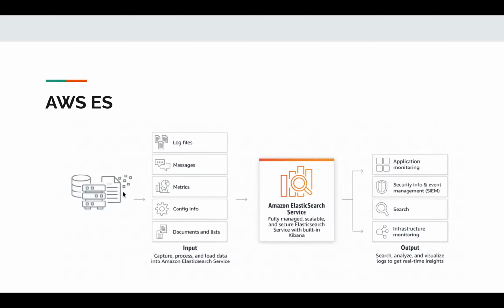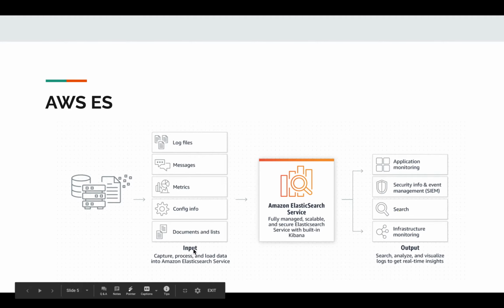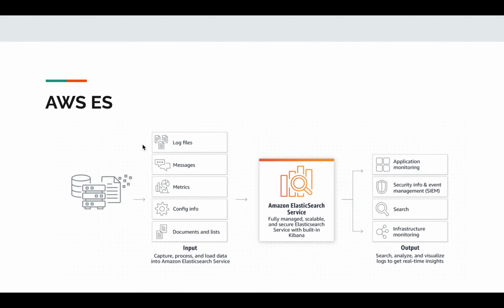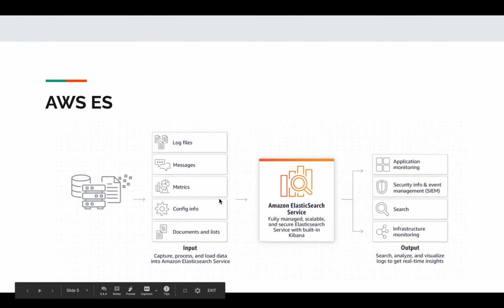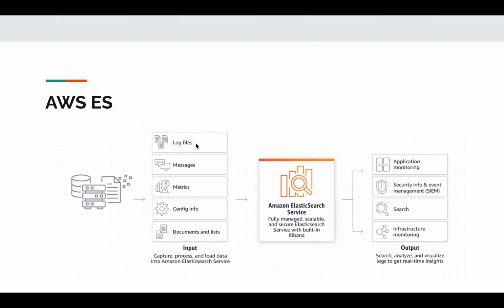Suppose lots of logs are coming in. You can use Elasticsearch for processing your VPC flow logs. If you enable your VPC flow log, it will append to some CloudWatch log groups.